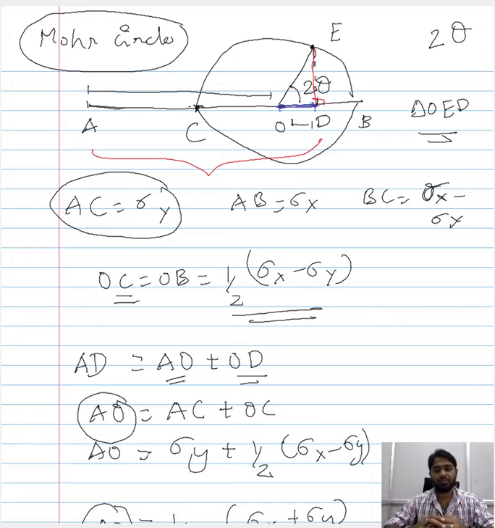So that we will consider in the next part of this lecture. I want to split this lecture into two segments so that it is easy for you to differentiate and to relate to how the Mohr circle is built. Once you are convinced on how this Mohr circle is built, then you can look into the second part of this lecture. So let's see ourselves in the second lecture.